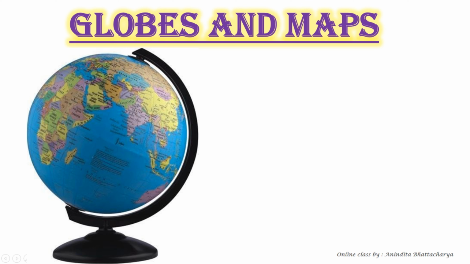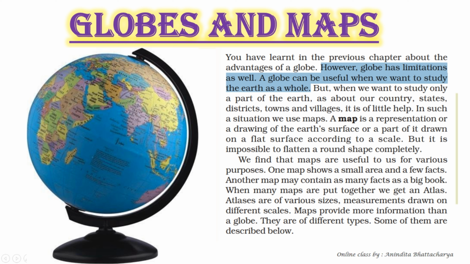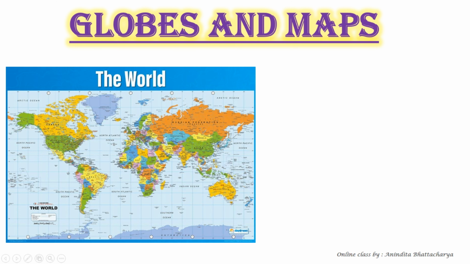A globe is more accurate than a flat map. Why? Because it follows the curvature of the earth. The shape and size of continents and countries are shown quite easily, with distance and directions, without distortion. But remember, the globe cannot provide detailed information about landforms, vegetation, soil, climatic conditions, transport routes, and agriculture. In such a situation, we use maps.